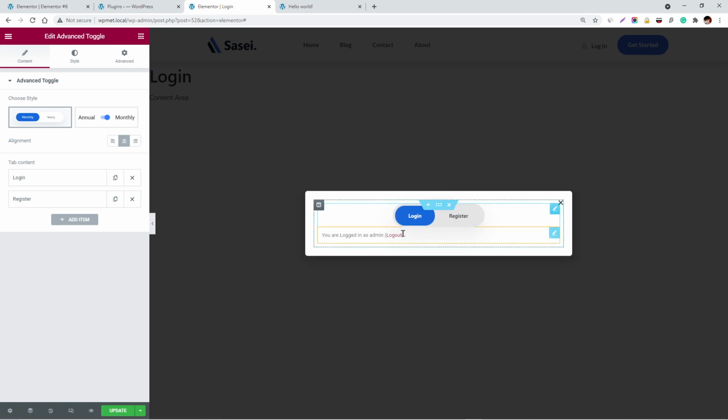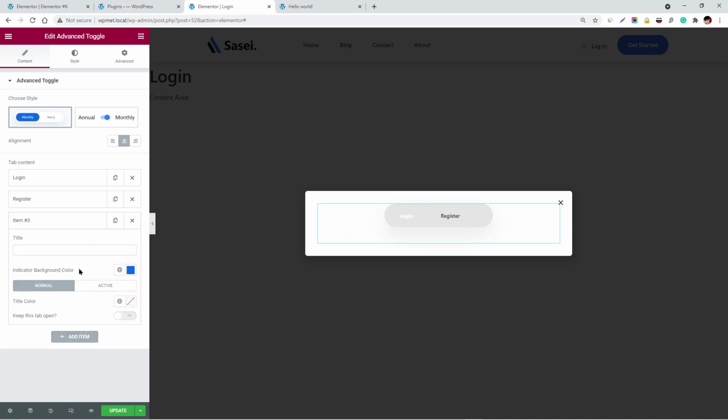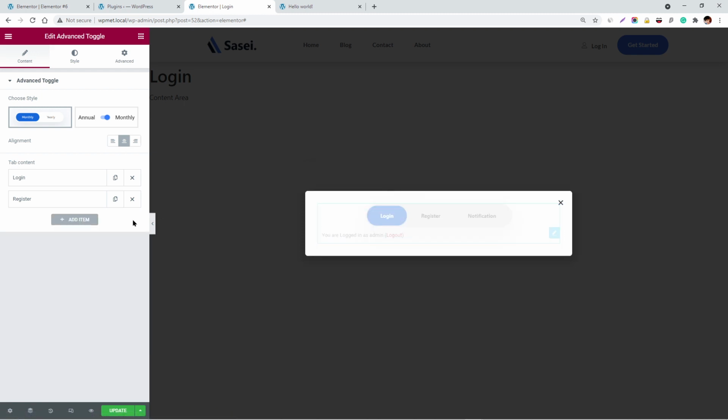For this form inside your content, here are our tabs. You can add more tabs to it actually. Probably there's a login page, the register page, and there's some notification page as well where you can show some content instead, and you can write it here like notification, something like that. Perfect. And we now have 3 tabs. Looks cool, but we will be using only 2, login and register.